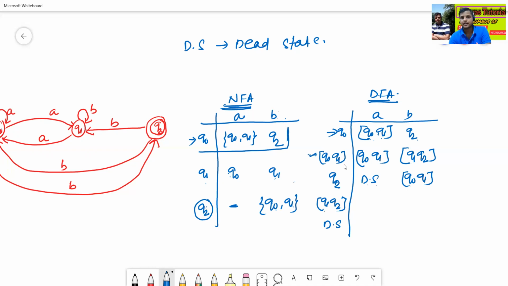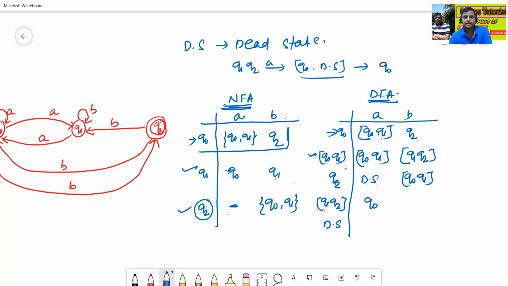Now we'll check Q1, Q2. Q1, Q2 reading A gives Q0 and the dead state, but we simply write Q0.